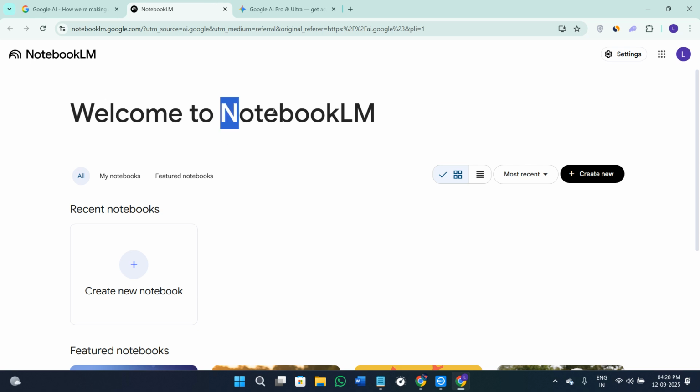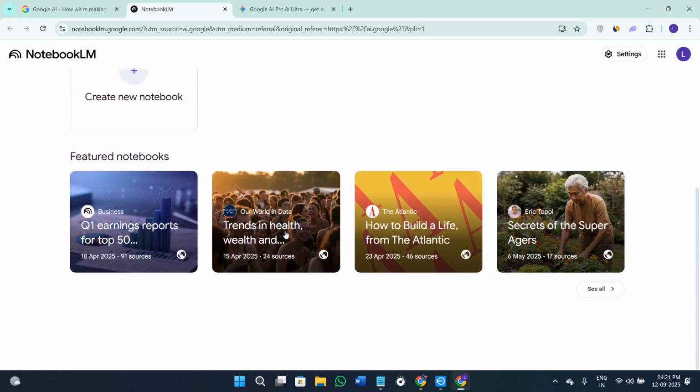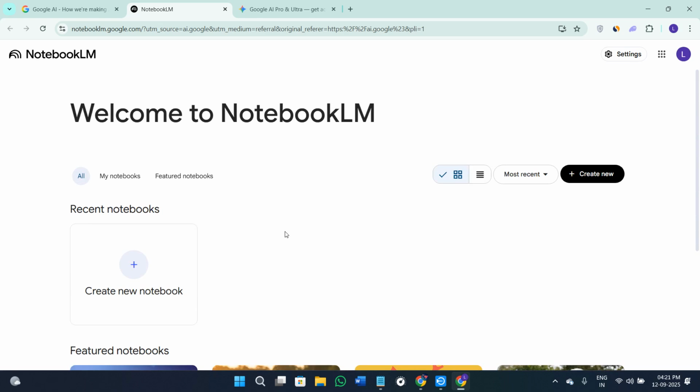Next, you can use NotebookLM. It can actually turn your PDFs into notes, then into an interactive study guide, answer questions directly from your files, create quick summaries, highlight the key points, and even quiz you on the material. It is like having a smart tutor that is built into your documents.